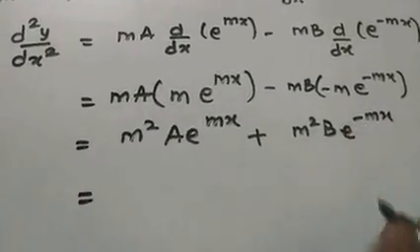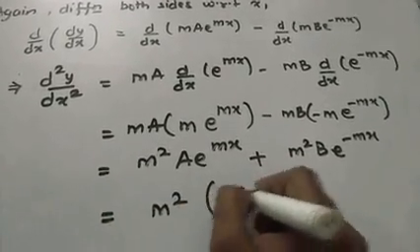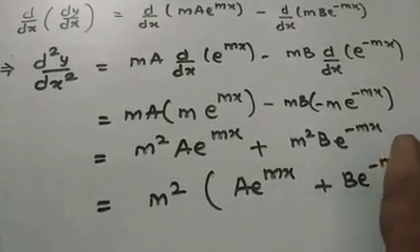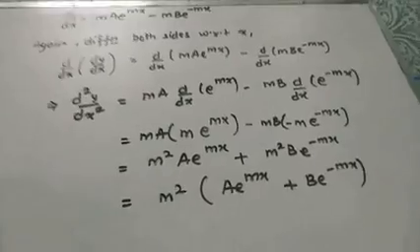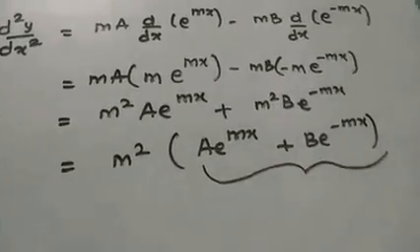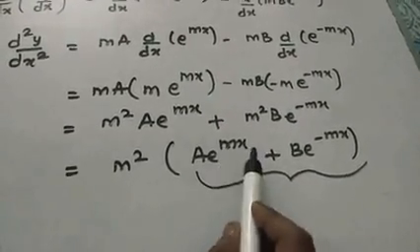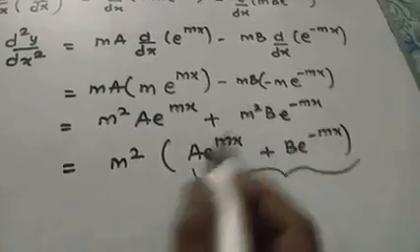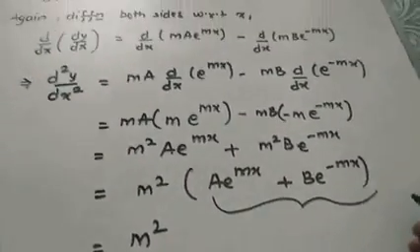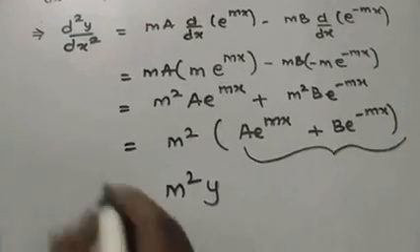Now in both of the terms we can see that m square is common, we can take that as common, so after taking the common we get this expression. Now if you focus on the question, what was the question? y equals a e to the power mx plus b e to the power minus mx. Just see the question part once again. So this full bracket expression is nothing but your y. So instead of that we can write y, and this side,